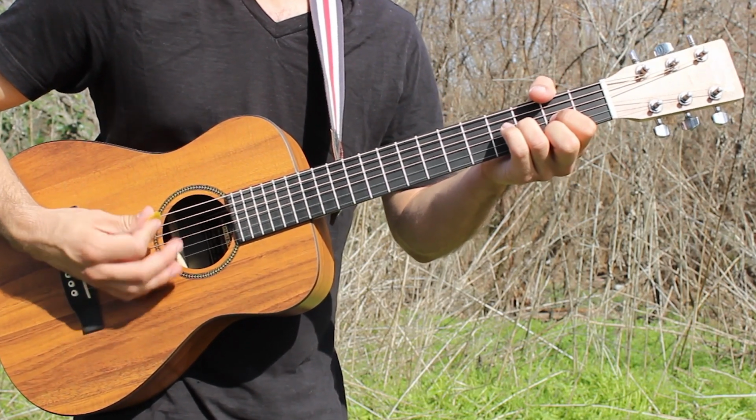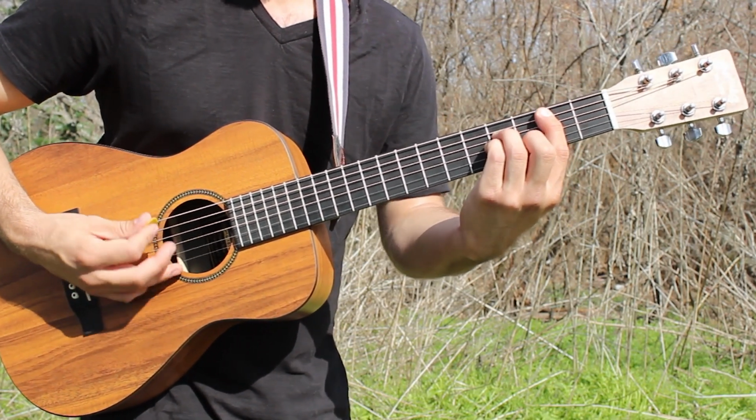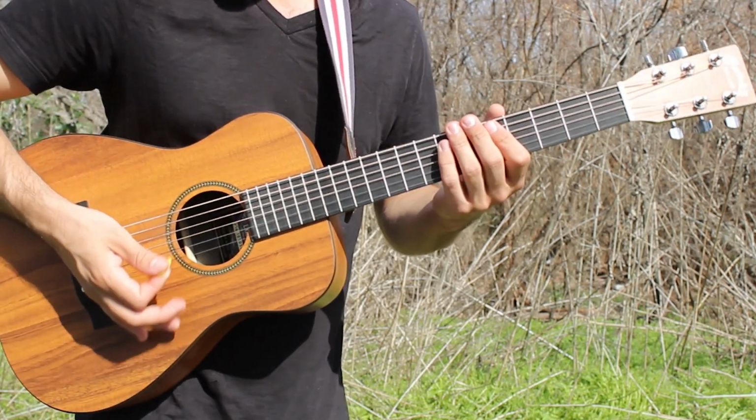1 E and a 2 E and a 3 E and a 4 E and a 1 E and a 2 E and a 3 E and a 4 E and a. So to palm mute, take this part of your hand, put it next to the bridge,